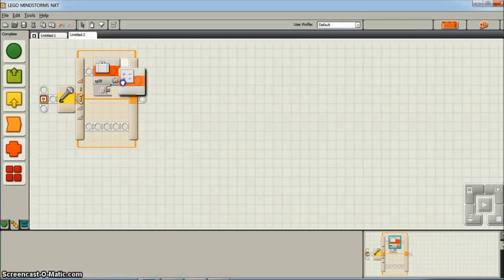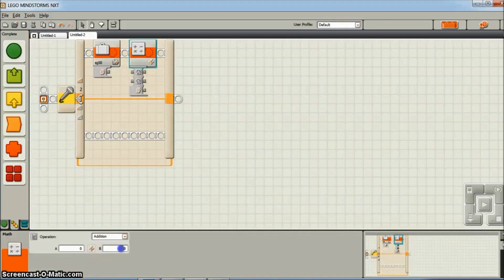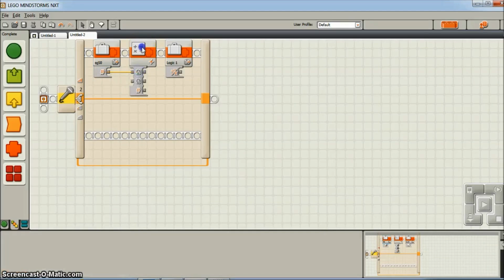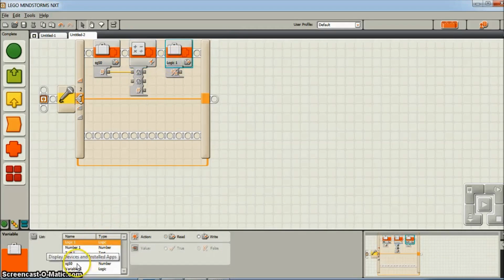And then we put a math block, add 1, and then take another variable block. So from SG50 you read a value of 0, give it to the A input of the math block, add 1 to it, and the result is written back into the same variable.